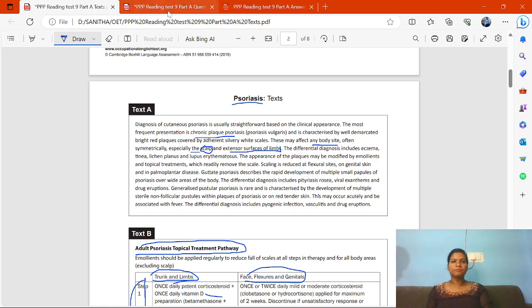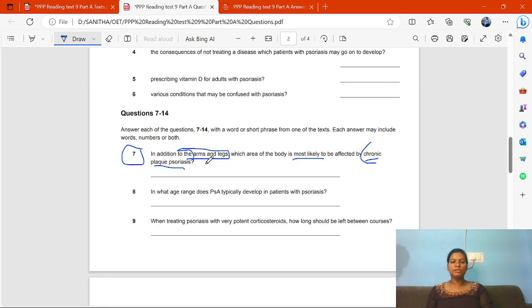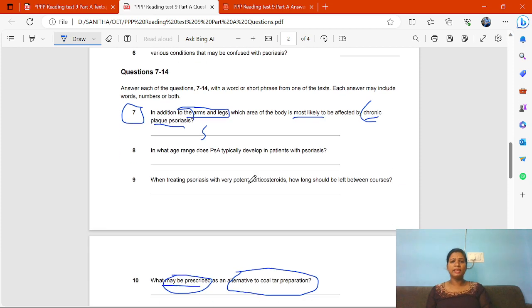Are you getting my point? Then what is the answer? In addition to the arms and legs, which area of the body is most likely to be affected by chronic plaque psoriasis? The answer is scalp. We got the keyword chronic plaque there, arms and legs, and most likely affected. We got three keywords here, and we got the answer in the exact point. This is the way you have to find out the answers. Okay, second one,